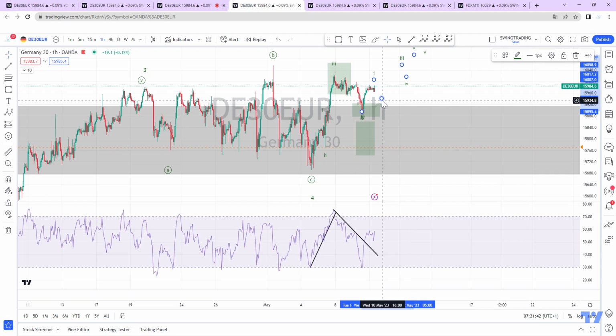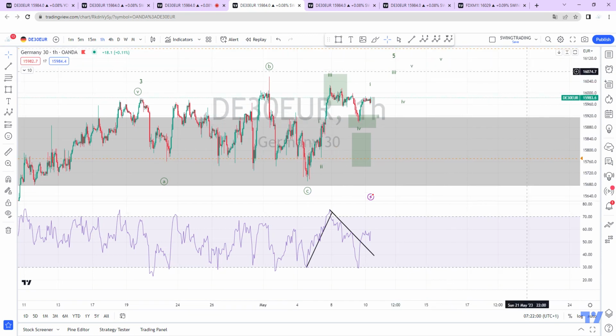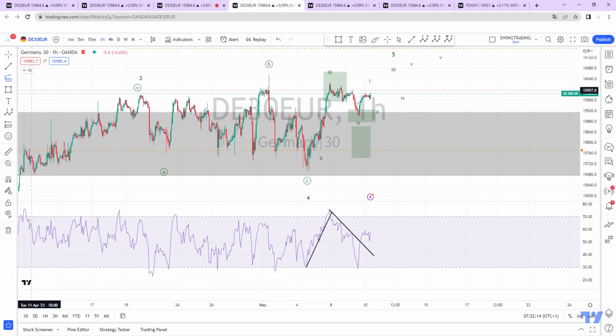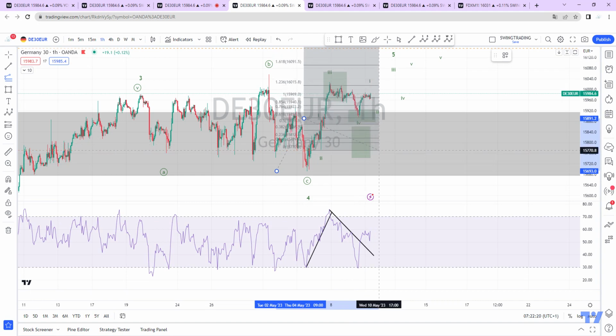Now, is there also a short possible? Actually, I still like the idea, like I explained in my video, I believe yesterday, but also the day before. I still think here this could be a good position for a short. You're trading at the extremes of this equal leg area, 1, 2, and then